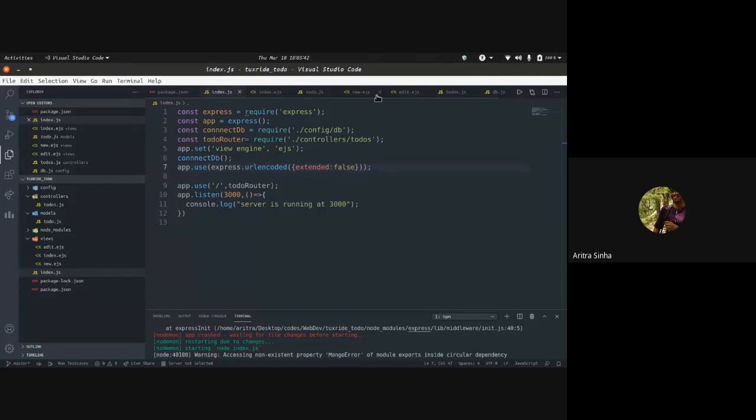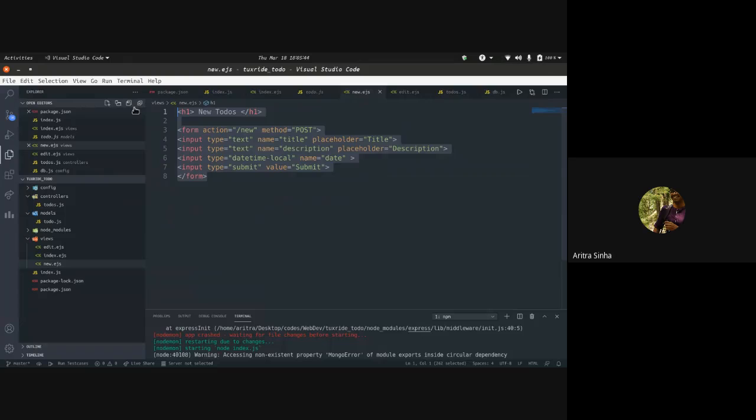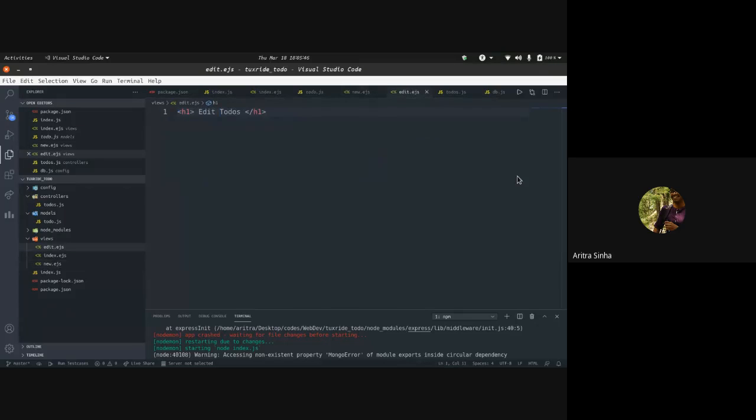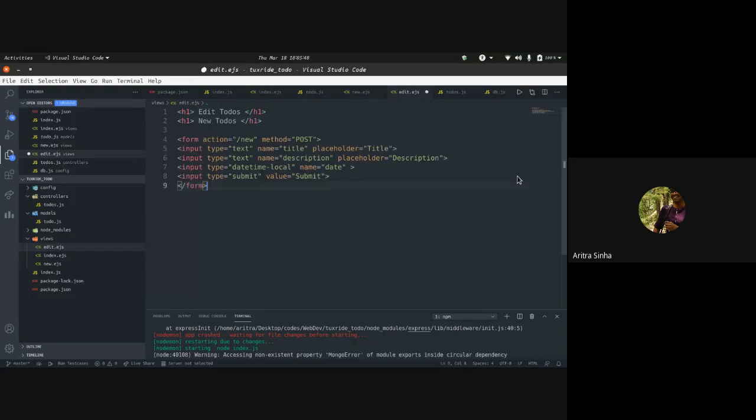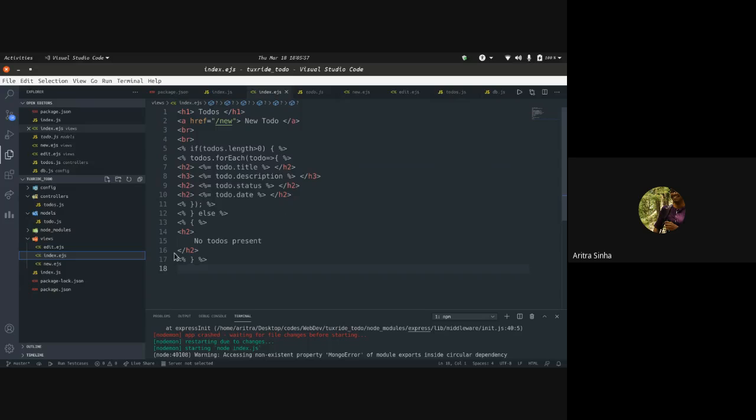Yeah, so the to-do is created and we need the same form for edit also. So we'll just copy it right here and we need to make a few changes, but we'll see into it later. Okay. In the index now, I'll just remove this as of now. It's not actually required. Cool.